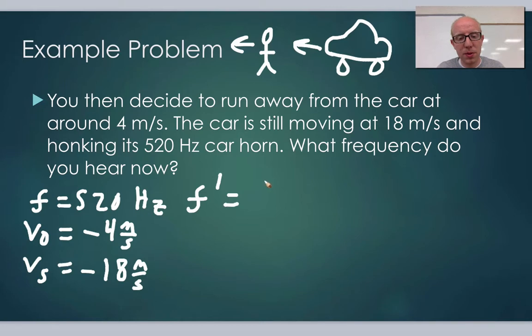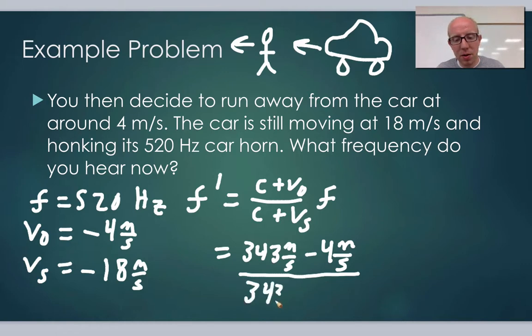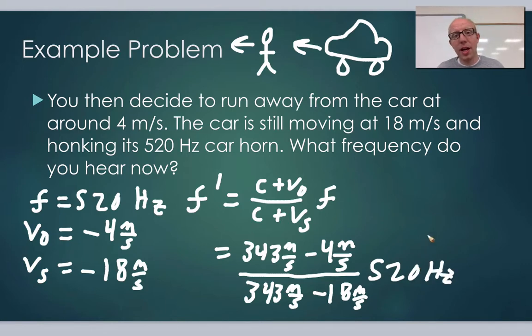F prime equals C plus velocity observer over C plus velocity of the source, all times F. That will give us 343 meters per second minus 4 meters per second over 343 meters per second minus 18 meters per second. All of that times 520 hertz. Again, pull out the calculator. You should have